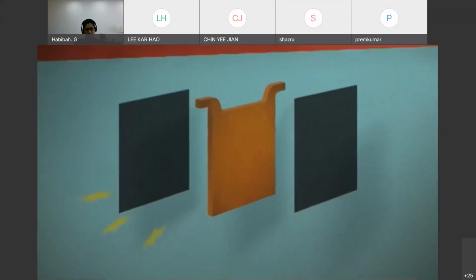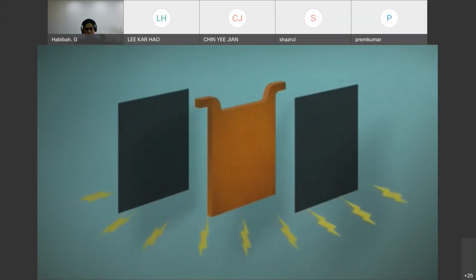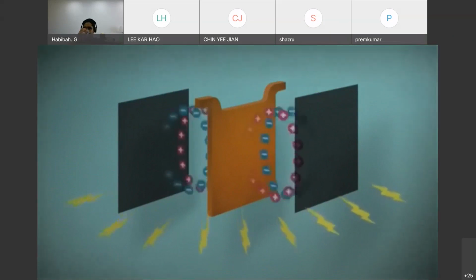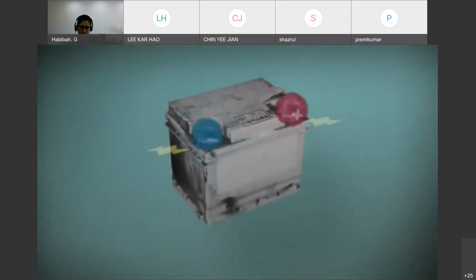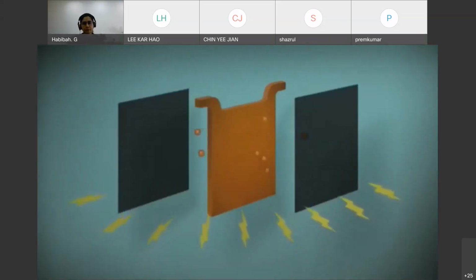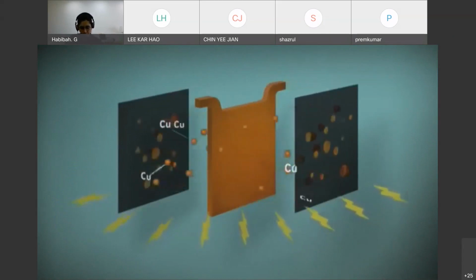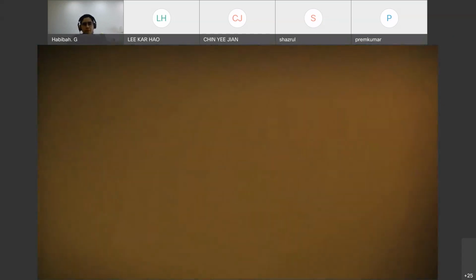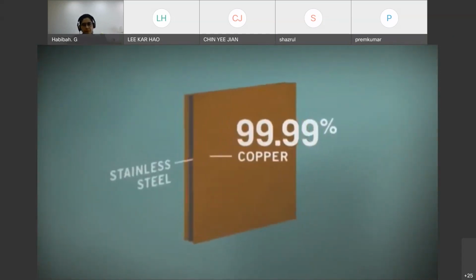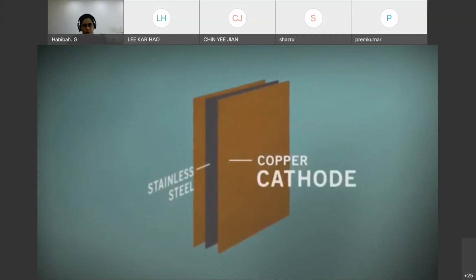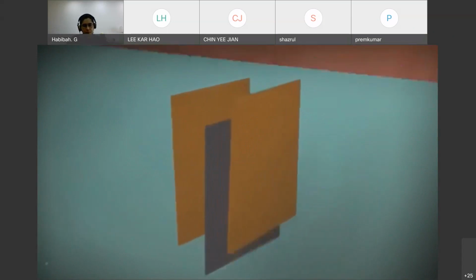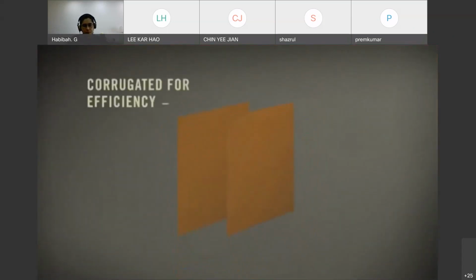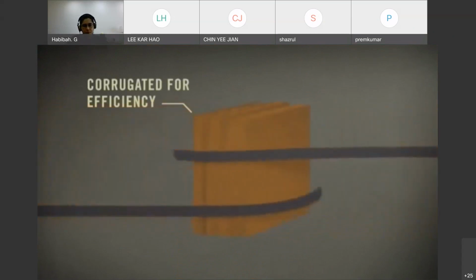The tanks are filled with an electrolytic solution that creates positive and negative electrical currents, just like the world's biggest car battery. This current causes the pure copper ions to jump to the stainless steel plates. It's a pretty strong attraction. The result is a 99.99% pure copper cathode. These cathodes are stripped away from the stainless steel plates, corrugated, strapped together into 5,000-pound bundles,